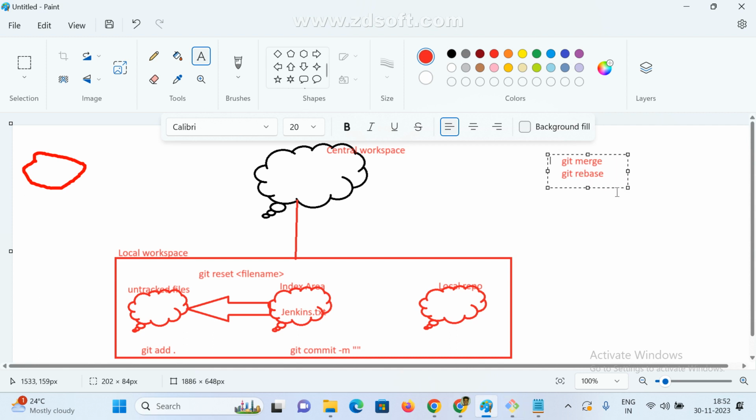Okay, next class I will explain these two commands. Interviewers mostly ask what is the difference between git pull and git fetch, and what is the difference between git merge and git rebase. This is also a very important question. Clear guys? Anyone any doubt as of now? Nothing. Okay, so